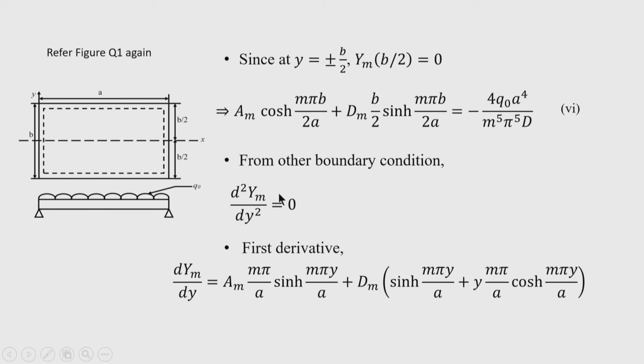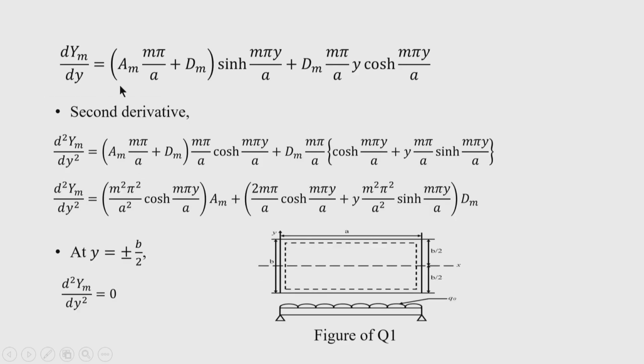Okay. Then from the other boundary condition, that is, the second derivative of this y is 0. So, the first derivative is taken; you have to take the derivative very carefully, otherwise there is a chance of committing a mistake in the solution. So, the first derivative is taken, then the second derivative is again taken of this function, and you can see now